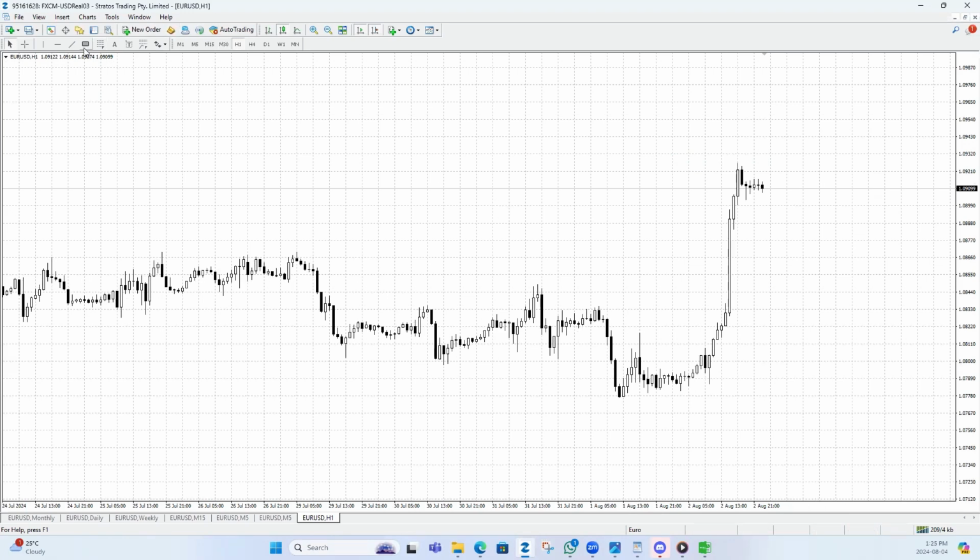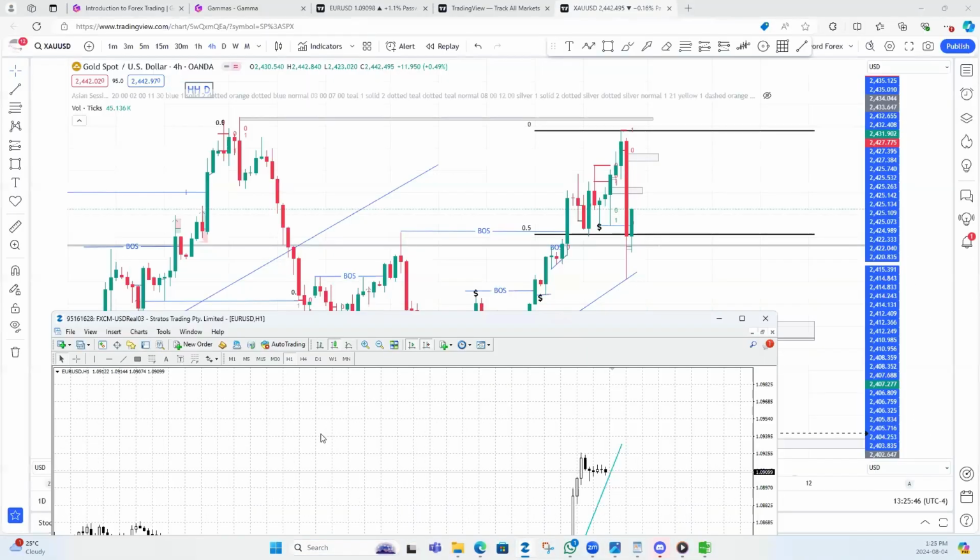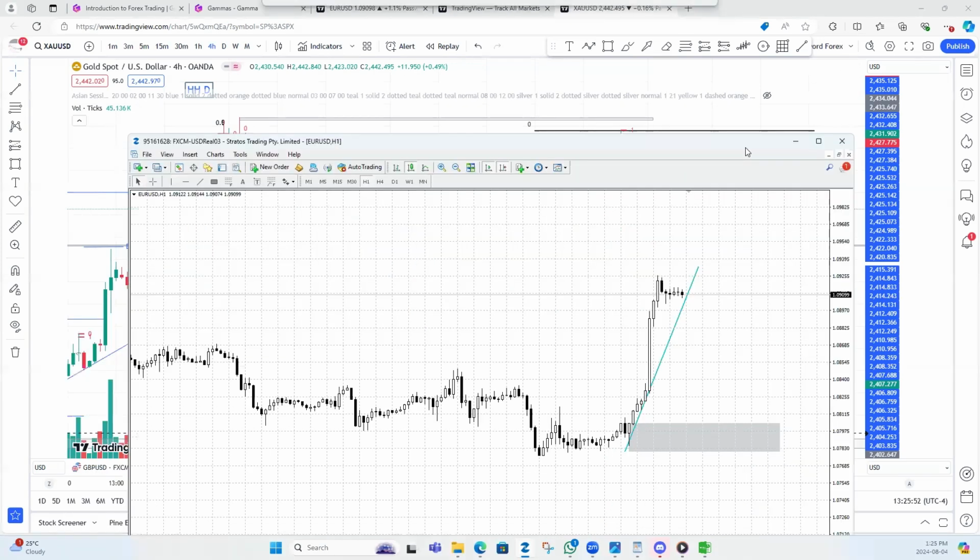You can use the same tool, like I said, a rectangle tool just to mark your level. Trend line tool, you mark your trend lines if you want to use your trend lines. So this is the tool that you use for the execution of your trade. My broker is FXCM. My account is connected with FXCM, MetaTrader 4, where I do my analysis here in TradingView. As soon as I see the opportunity, I execute. I come to this particular platform and execute my trade.